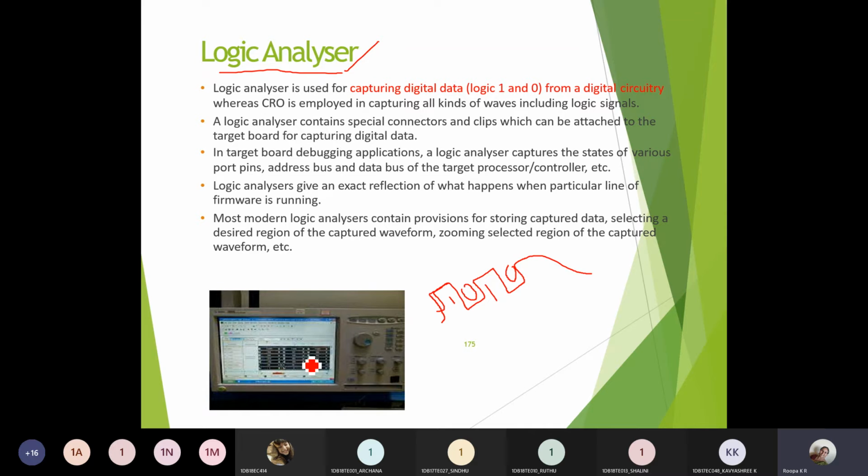So what does this logic analyzer contain? It contains special connectors and clips which will be attached to the target board terminals in order to capture the different data values, either the value is 1 or 0. In order to get those things, you can use these logic analyzers. So this is about